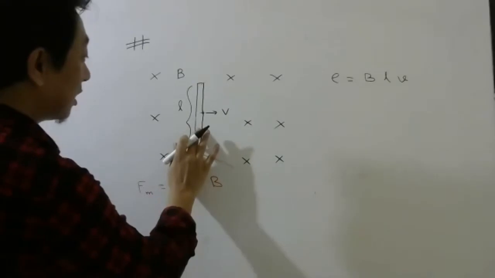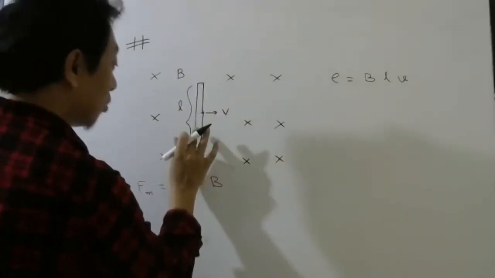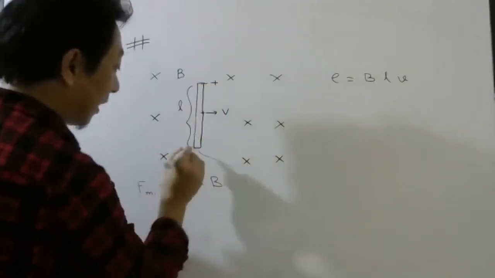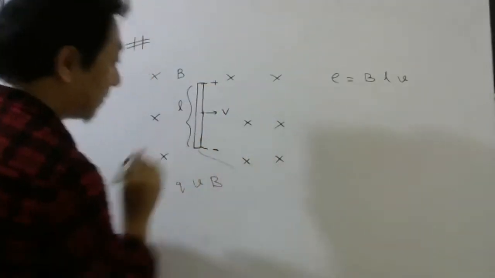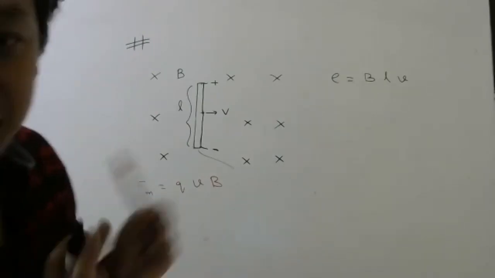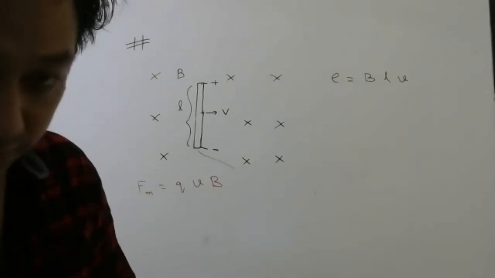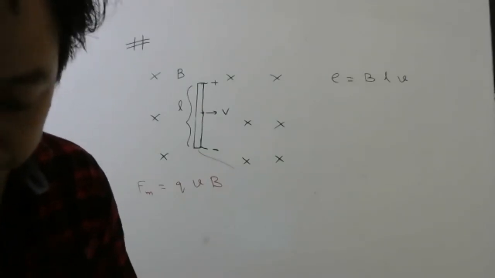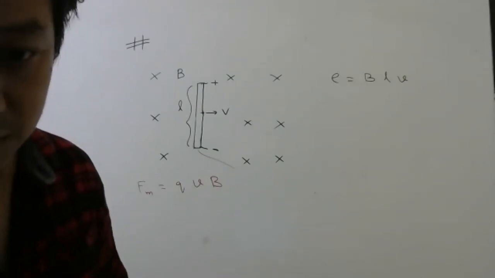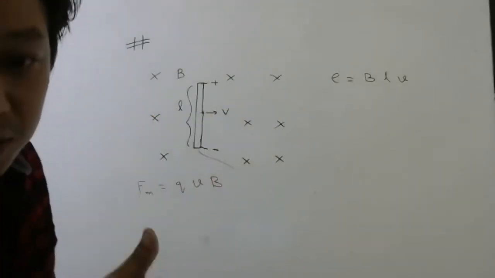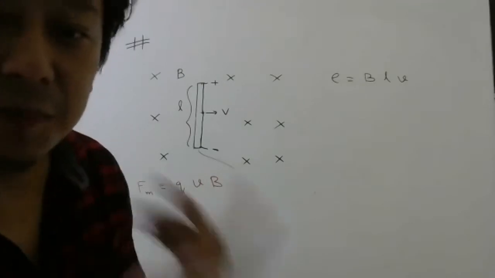So positive charges will feel force this side, which means those positive charges will be collected here and negative charges will be collected here. That is what I am trying to say till now. Nothing extra I am saying. Understood this part? Okay. So positive charges will feel force this way, so it will be easy to find which end will be positive.